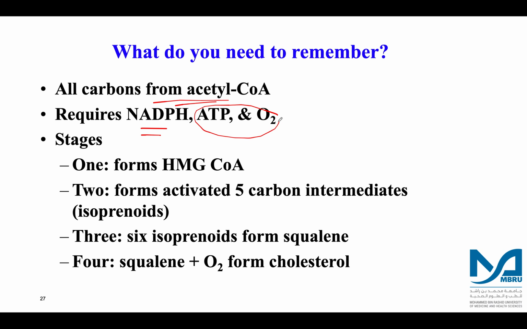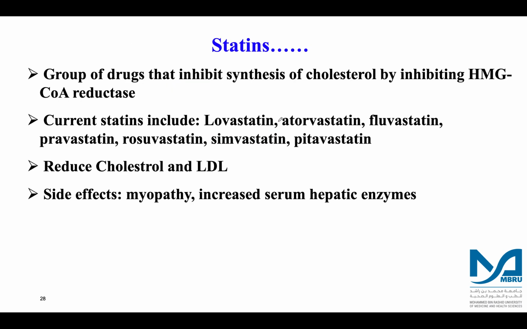And of course, as I mentioned, you need to know the rate limiting step, which is HMG coenzyme A reductase. And this particular enzyme is inhibited by a group of drugs which are known as statins. I think we already talked about these drugs when we talked about enzyme inhibition. There are different types of statin available, but statins are competitive inhibitors of the enzyme HMG coenzyme A reductase,